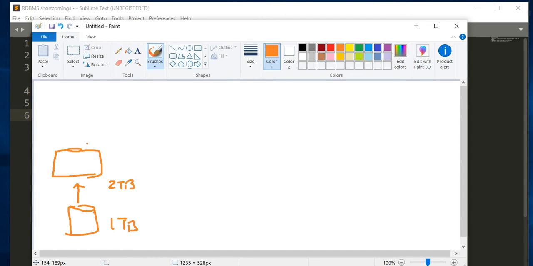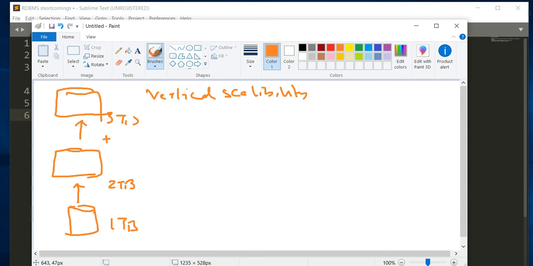Okay, and again, if we would like to support it with, let's say, 3 terabyte, and then we have to add more processing power to it. Okay, so this is something we are calling the vertical scalability. So the vertical scalability relies on the fact that we are adding more processing power, especially in terms of hardware, whenever there is a need for more data processing. But this is costly, and this is always not very helpful, because as I said, the data usage can